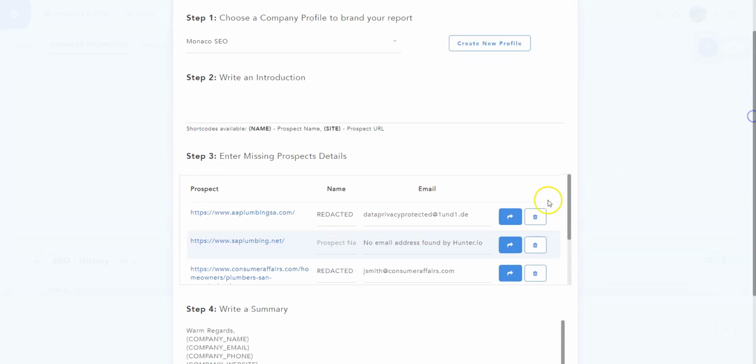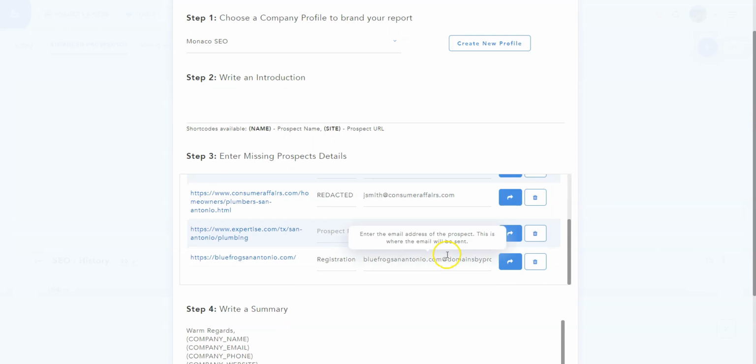Make sure there is an email address for each site. Please note that these private email addresses work. If you send an email to this email address, the site owner will receive it. If the email address is not provided by our system, we invite you to visit the website or Facebook page of the business in question. On a lot of occasions, you will be able to find an email address you can use.